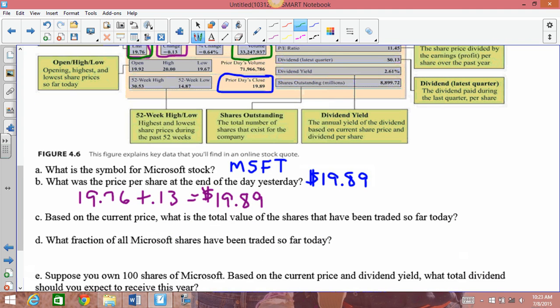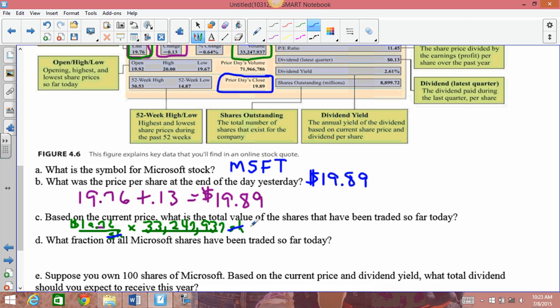So I'm going to take that 1976 and I'm going to use those units as best I can here. It's $19.76 per share. And then I'm going to multiply it times the number of shares that have been traded so far today, which would be 33,247,937 shares. And you see by me writing it like that, I'm just trying to, like I said before,